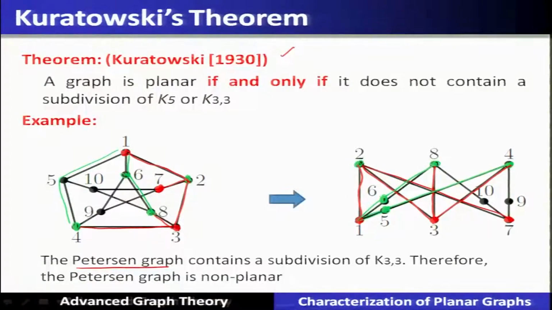Now, we will take 7 and 8. Now, 7 and 8 is having an edge with 10 as its subdivision point. Now, 7 and 4 will also have an edge with 9 as its subdivision. So, we have obtained K33 as a subdivision of